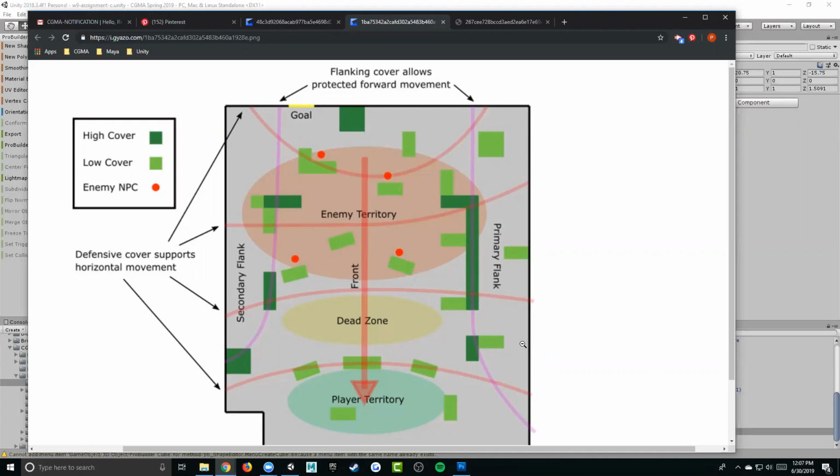There might be a certain cluster of cover here, say the player territory, and they might feel the tactical options present by getting in this back corner here, using the concept of the backboard. Like say as a player, I